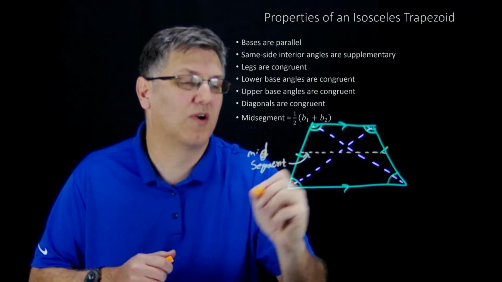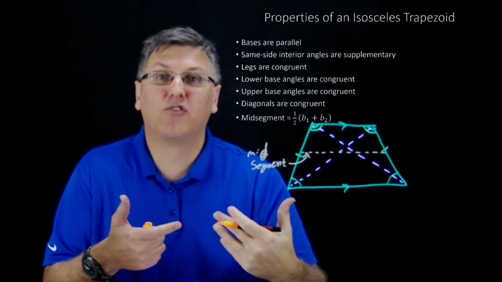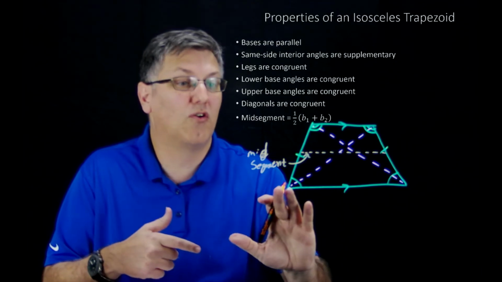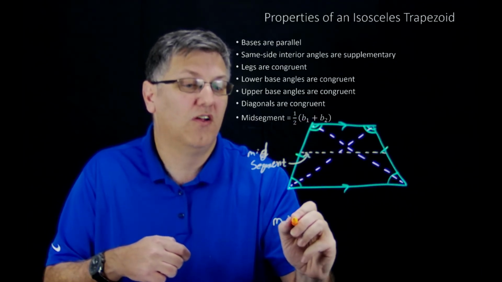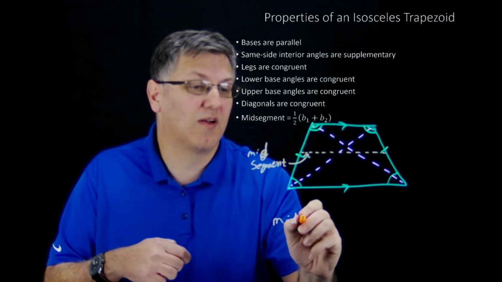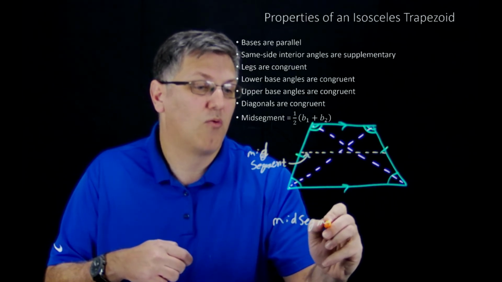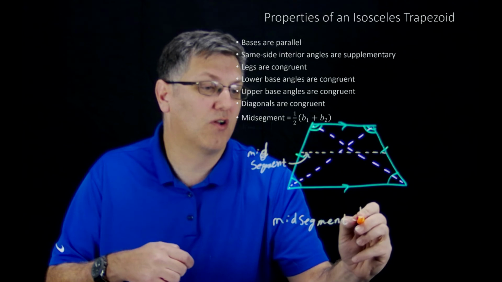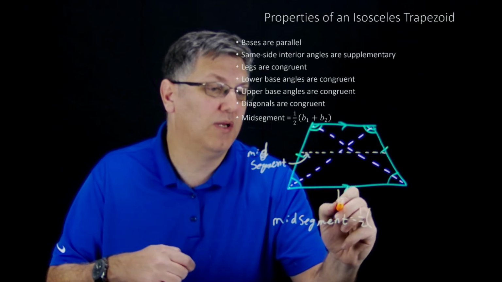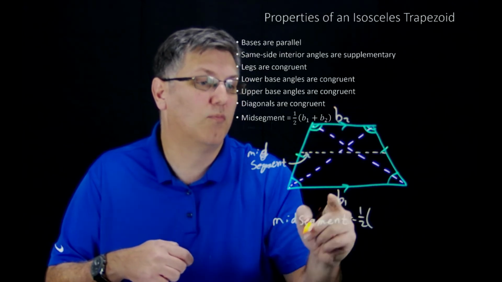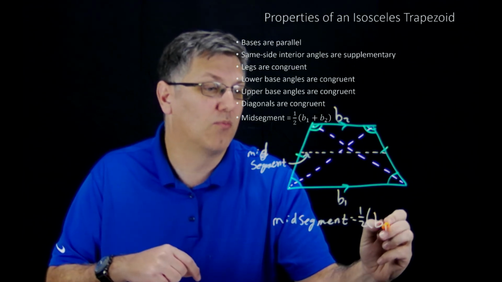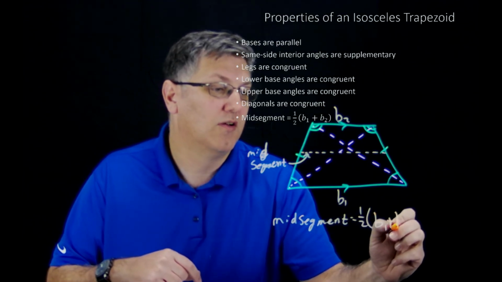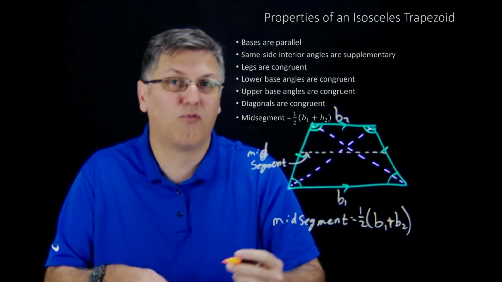My mid-segment right here, it's really just the average of the two bases to find the length. So if I know this length here, and I know this length here, I can actually find the length of my mid-segment with a basic formula, which is going to be 1/2. I'm going to call this B sub 1 and this B sub 2. Base 1, base 2, base sub 1, base sub 2. B sub 1 plus B sub 2. Nothing more than a formula. Of course,